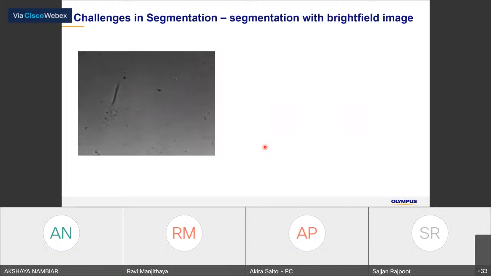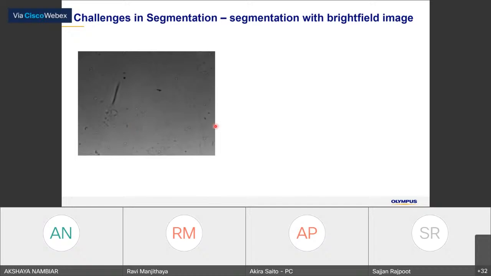And also in the bright field image, sorry, this is the bright field image, not DIC or phase contrast. You can see there are a couple of cells over here, but you can also see some dust, and the image is uneven.